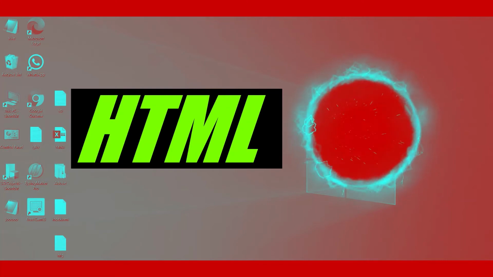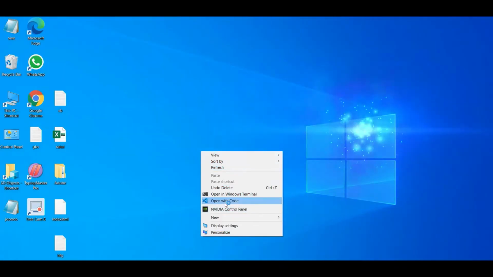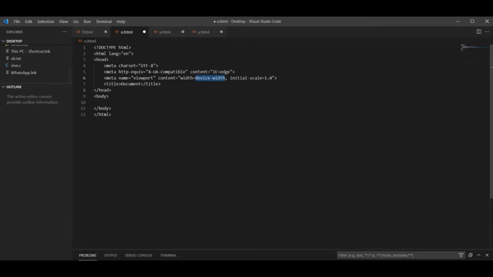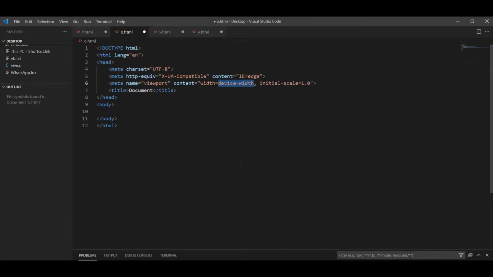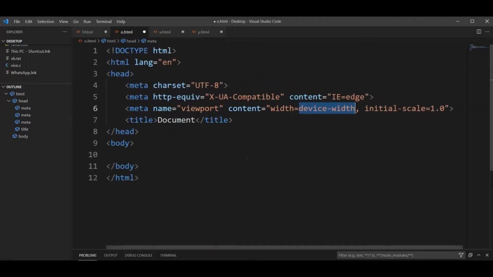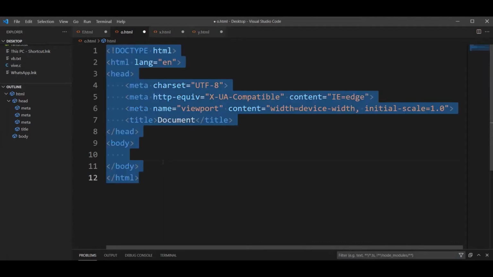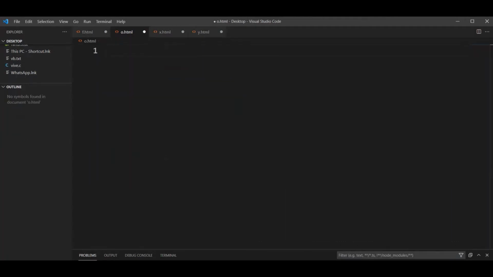First of all, open the computer, click the right button of the mouse and click on the option Open with Code. Friends, at present you will be watching the interface on your screen. This is the interface of Visual Studio Code. Now we have to enlarge your screen according to your necessity and we will make one folder. First of all, we will select all the data in this folder and we will delete it.